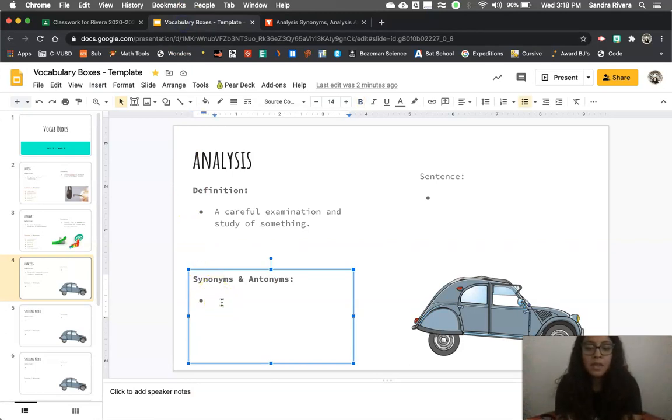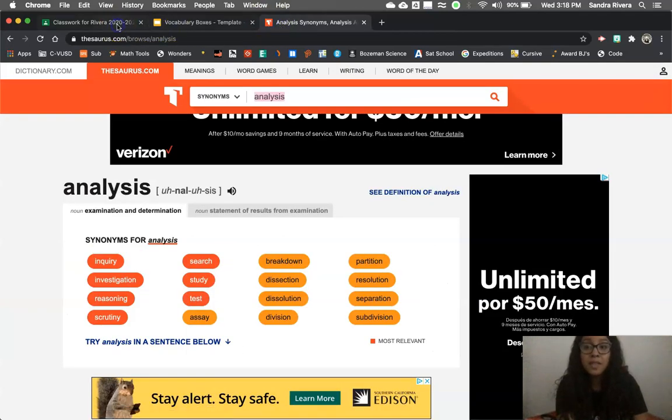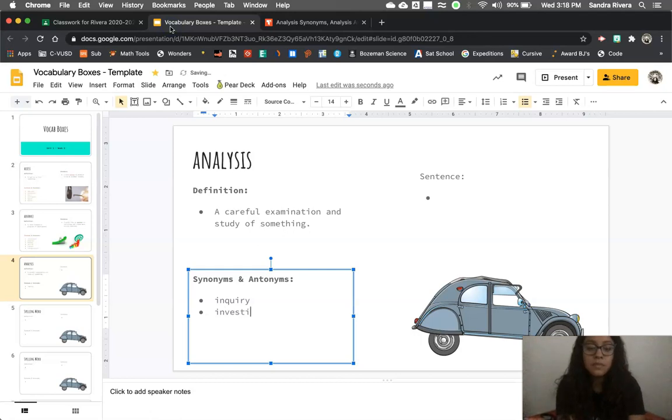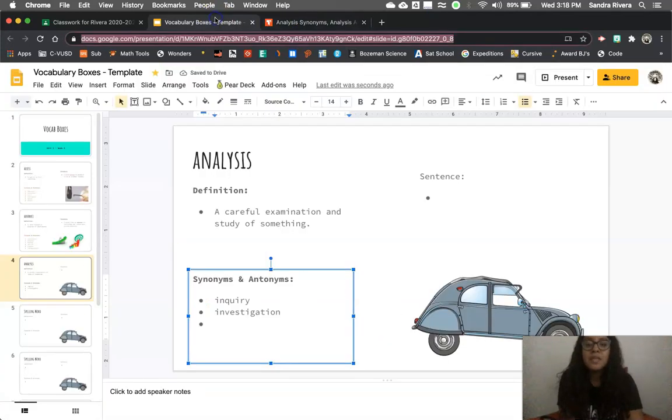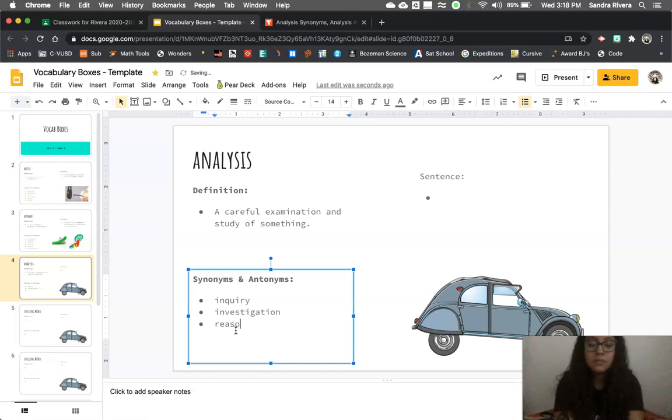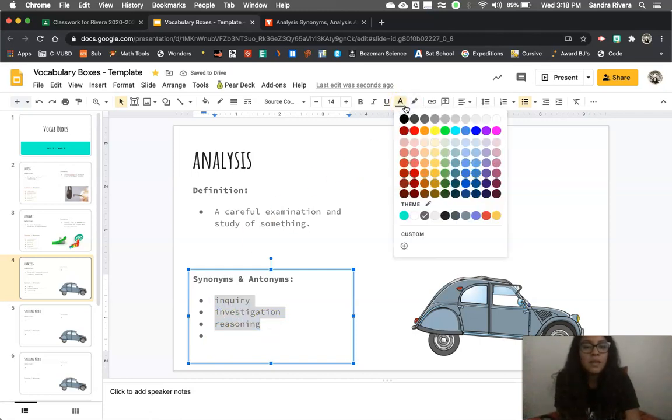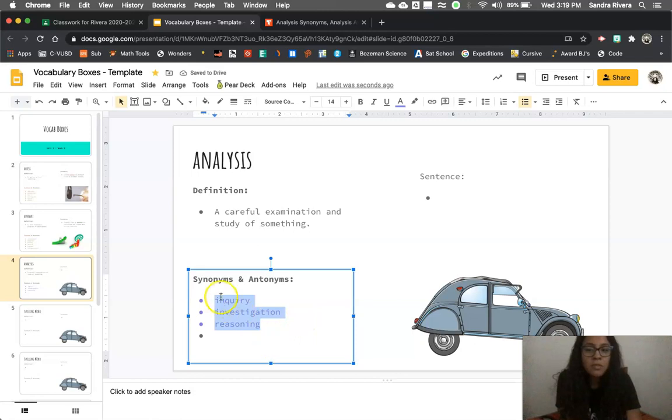Let's write inquiry, investigation, and reasoning. And what I want to do now is make these 3 a specific color. Let's go with a color that's dark enough to read. There we go. We've got some purple. So I'm going to make these purple. Right there. All right, now my antonyms, I could just leave it gray, or you could pick a different color